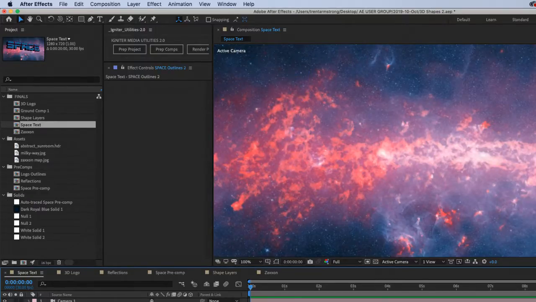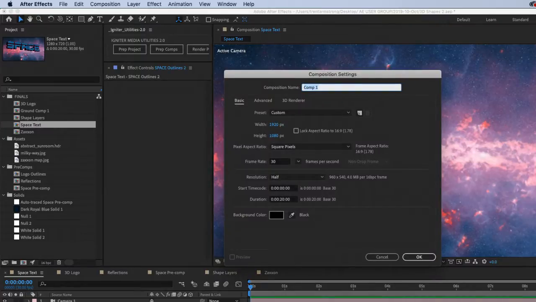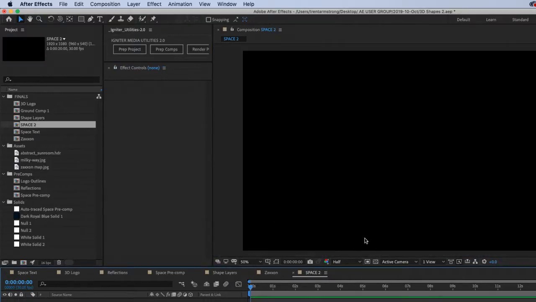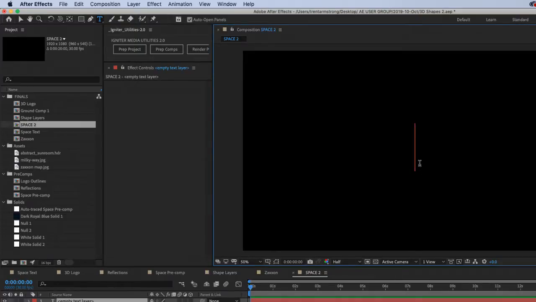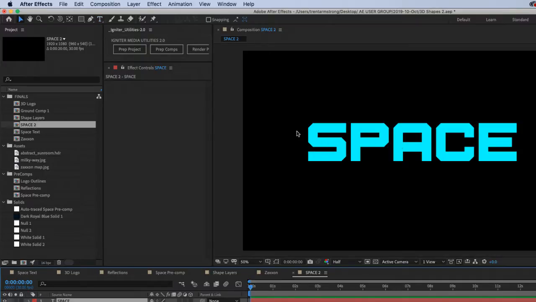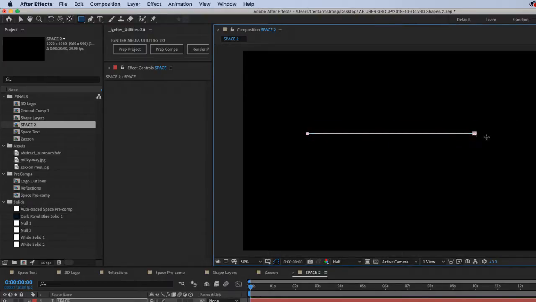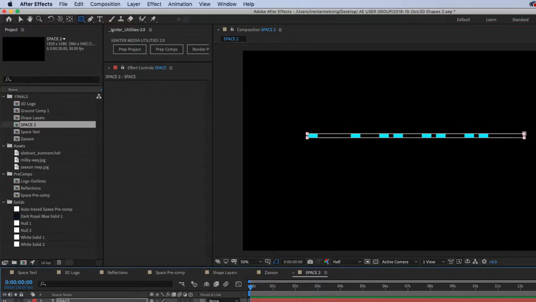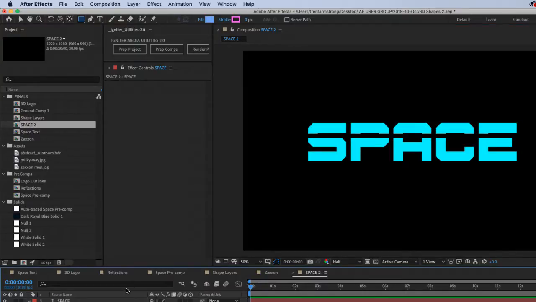So if I were to create text here like this and type in space, and I want to cut that piece out here, I can just make a mask, come in like that, subtract, okay, I'm gold, right?